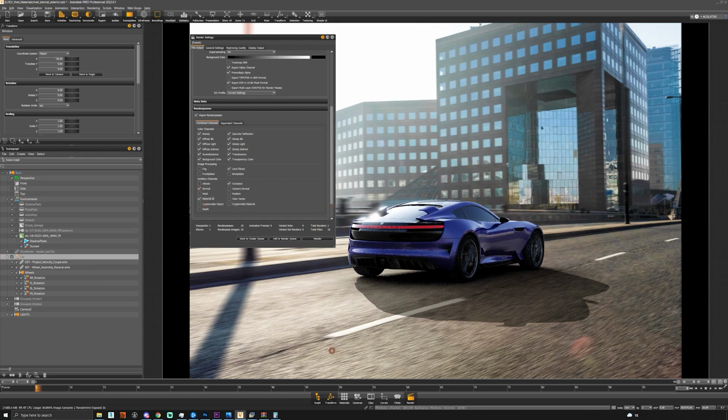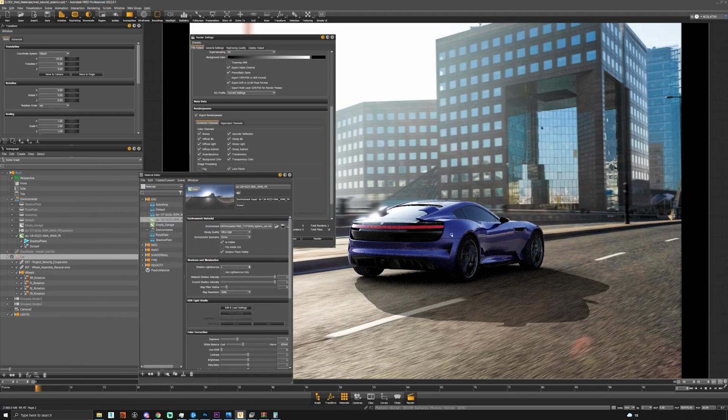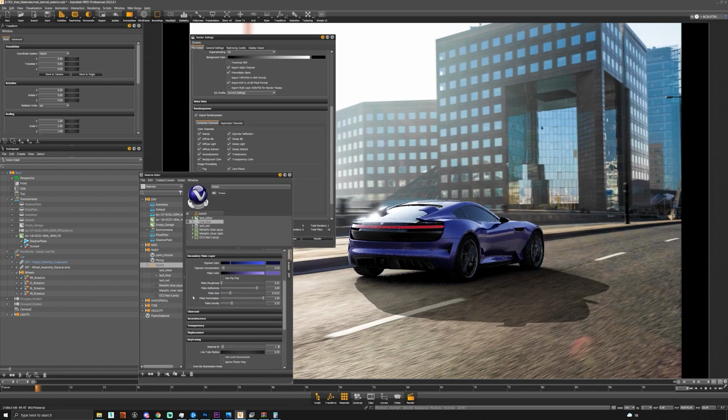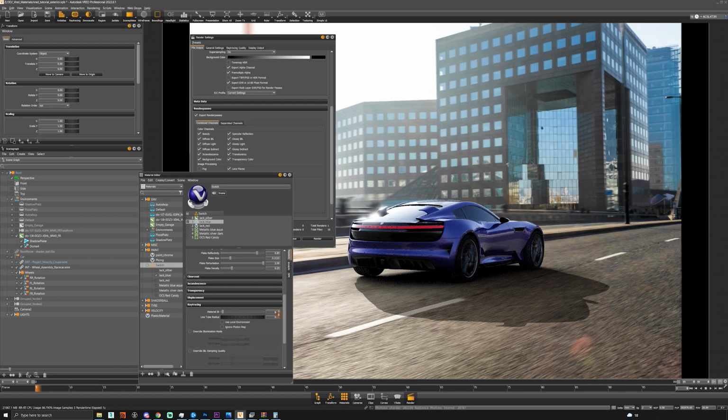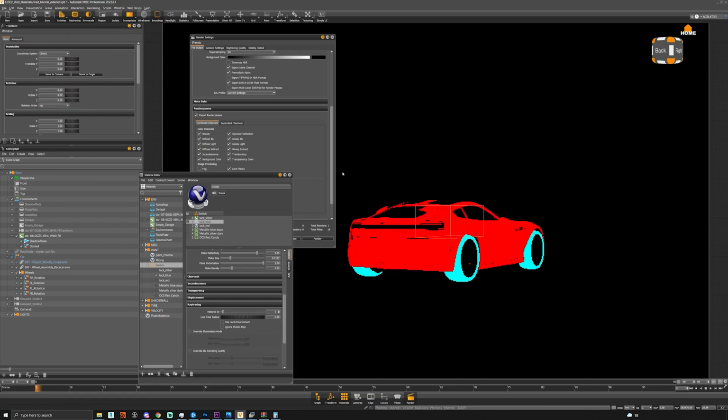And quickly we can talk about material IDs. For example, with our car paint, we can go all the way down to our ray tracing, and we have this already set to material ID as 1. So if we check out our render pass rendering and then go to auxiliary channels and material ID, you can see that all the car paint is red, the tiles are this kind of bluish color, and we could possibly set the